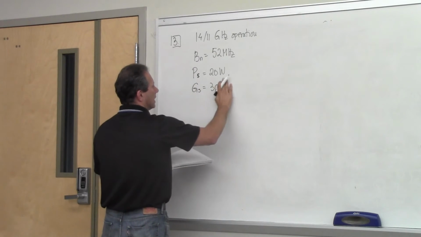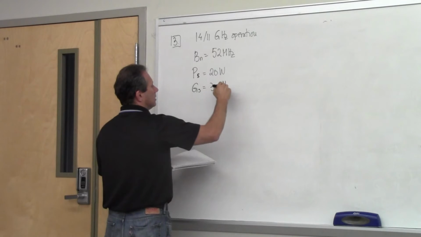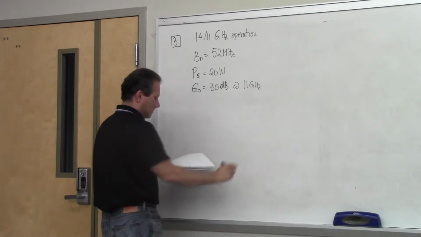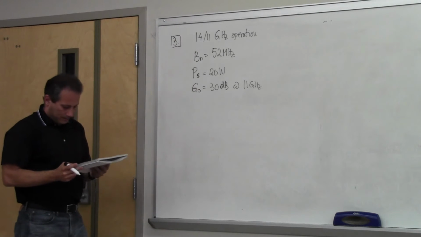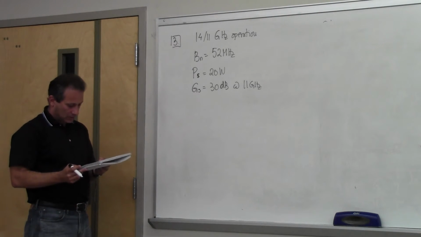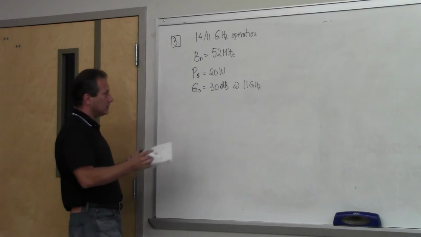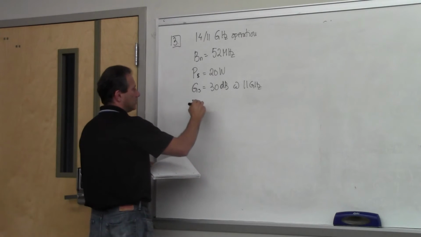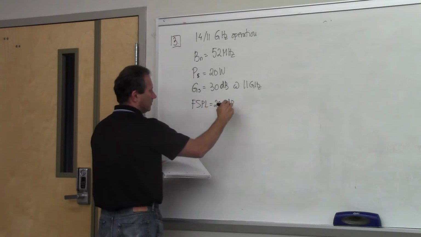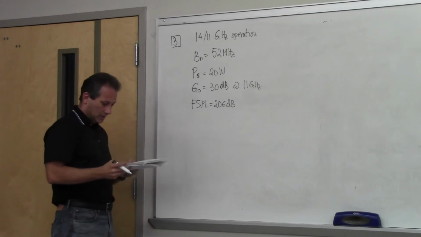This is on a downlink, so obviously it's at 11 gigahertz, towards a particular earth station. Path loss to the station is 206 dB. So we're given the free space path loss as 206 dB, including clear